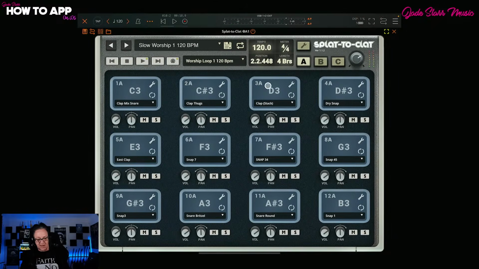Clap, clap, thugs. Snaps, snaps, snaps, snaps. Snares. Bounce over to page B. We've got some kicks. So you can turn these things on and off. And what's really cool about this is in real time, you can turn these on and off. So we've got a kick playing as well. We've turned off this clap. If we come over and look for our kick as well,